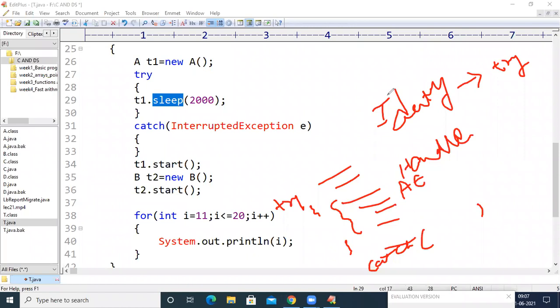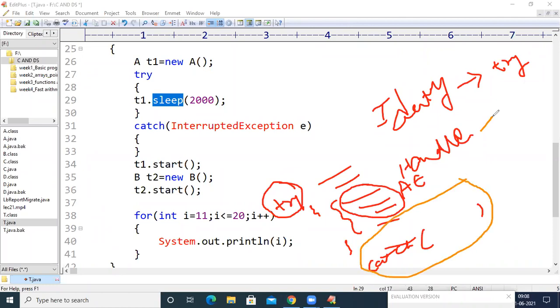Depending upon the type of exception raised, an object will be created for that class, that object will be identified by the try block, the try block will find the respective catch block, and that catch block will handle the exception. So an exception is identified by the try block and handled by the catch block.